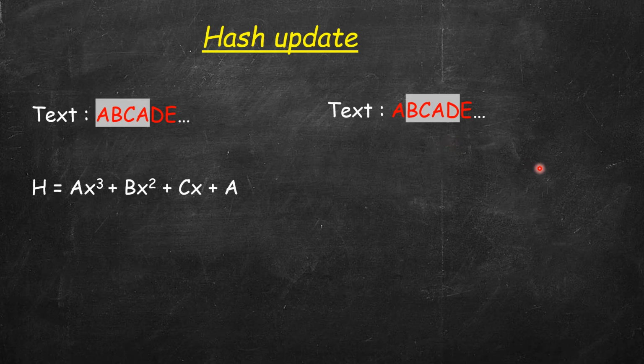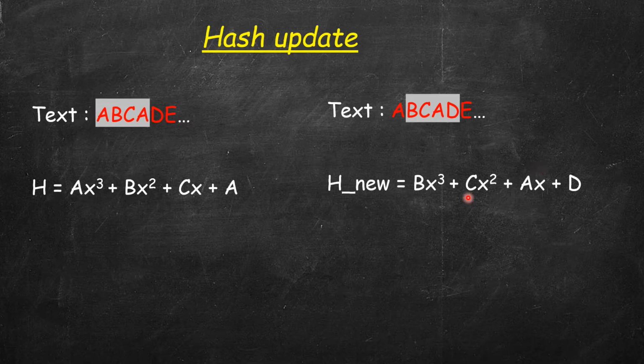Now it's BCAD. So 3 characters remain the same. 1 character added, 1 character subtracted. So the new hash function will be bx cube plus cx square plus ax plus d. Now if you compare these two, h and h new, you will see that here the last three terms are bx square plus cx plus a, and the first three terms of h new are similar: bx cube plus cx square plus ax. The only difference is that one x is extra in all of these three. So if you multiply the last three terms by x, you will exactly get the first three terms of the